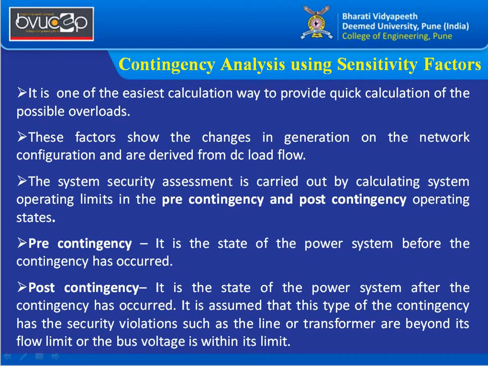I'm going to restrict myself to the sensitivity factors related to contingency analysis. Sensitivity factors arise because a slight change in the system behavior changes the power flow continuously. For example, if there is a sudden loss of generation, a load is removed, or there is some problem in a transmission line or transformer, the power flow is going to change suddenly. That is what is called the sensitivity factor.